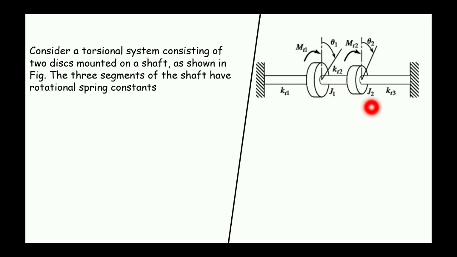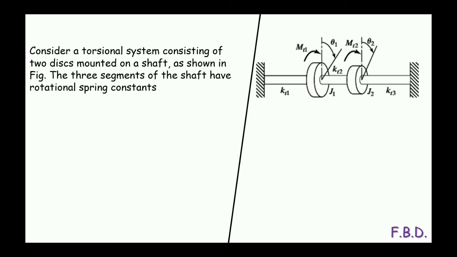Now the rotational degrees of freedom for these two discs are theta 1 and theta 2. Let us assume that the applied torque for disc 1 is MT1 and for disc 2 it is MT2, with the discs having polar moment of inertia J1 for disc 1 and J2 for disc 2. Now for such a system,